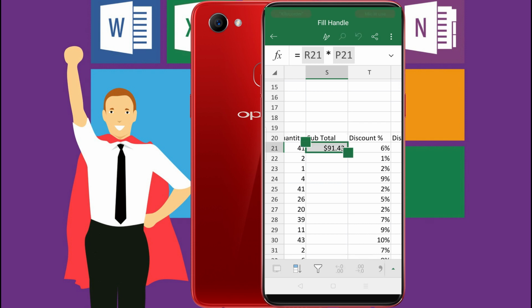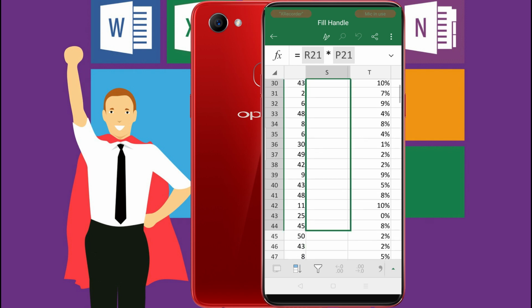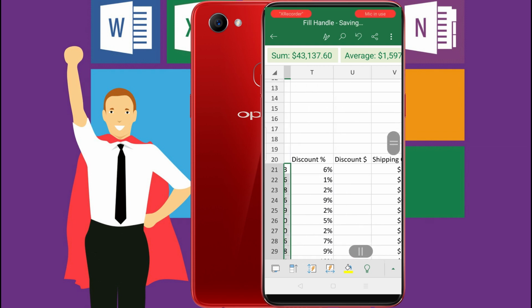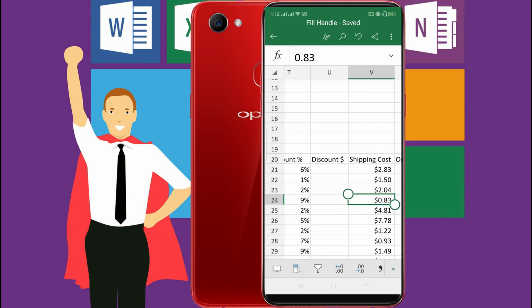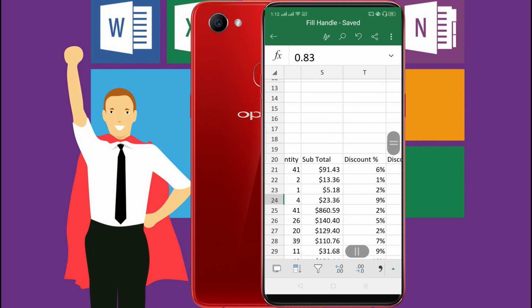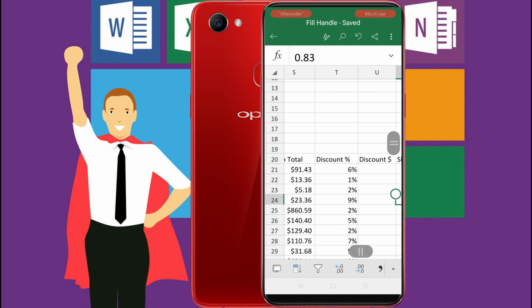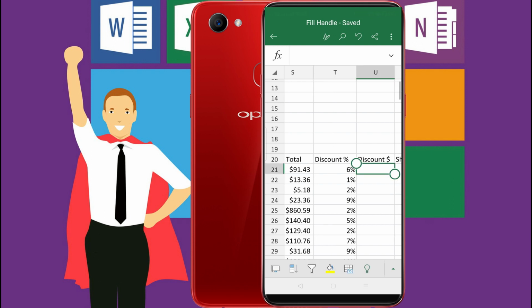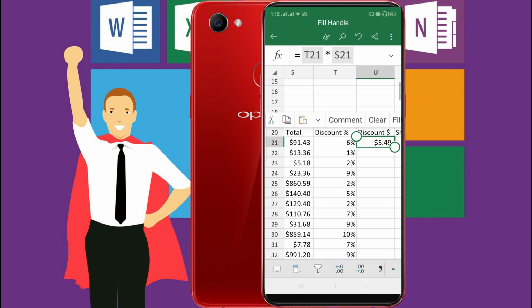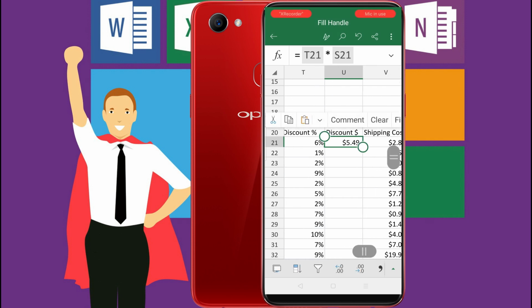Now use the fill handle and drag it down to the below, and the subtotal has been counted. So now let's count the discount. For discount, we have to multiply our subtotal with discount percentage. So first of all, touch the cell and type equal and touch discount, use your star sign and then the subtotal. So here we go. Now use the fill handle and drag it down.